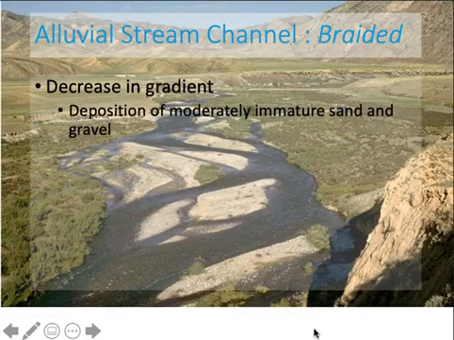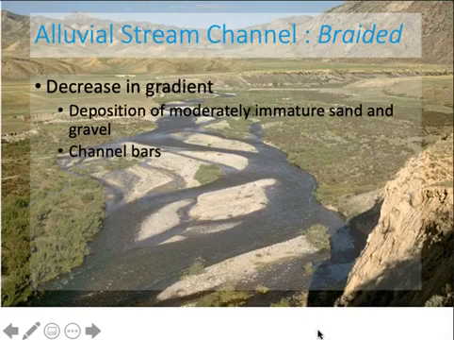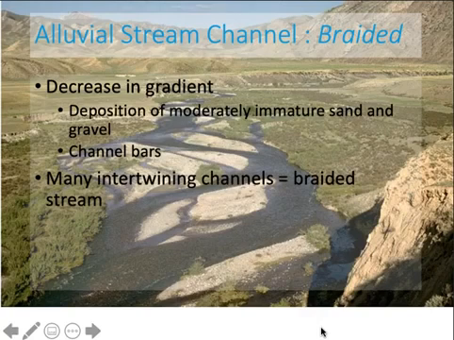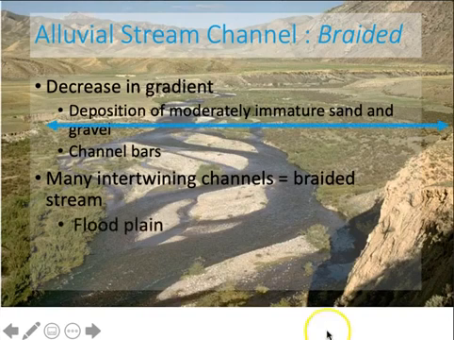Bars that form in the middle of the stream channel are called channel bars. These piles of sand and gravel-sized alluvium force the stream to flow around them, creating many intertwining channels, giving braided streams their name. The lateral flow of these streams erodes out a narrow floodplain,